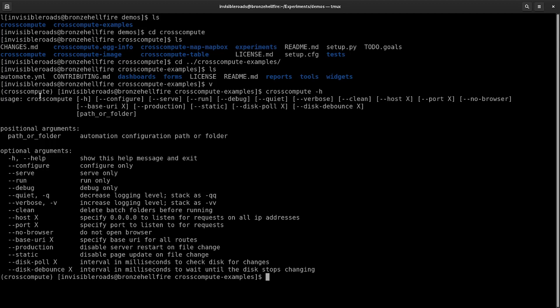In this version, we've gone back to the philosophy of 0.7, which has our self-contained server in it, so that people can test out before they deploy to the production version of CrossCompute. Some new options: you can specify a base URI in case you're serving under a subpath. So the options we're going to use today,